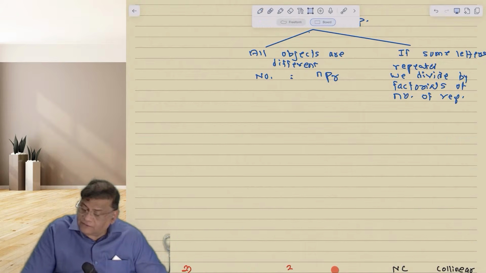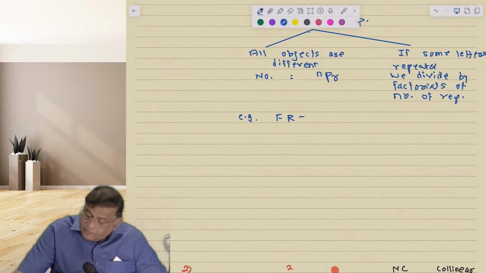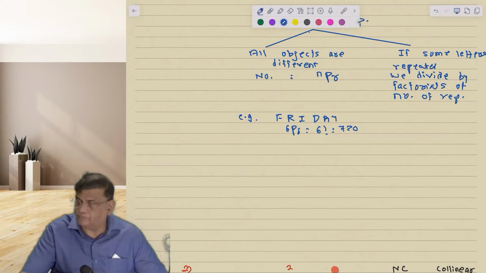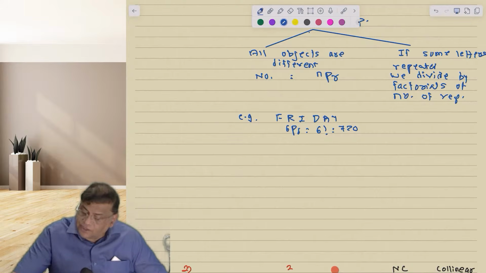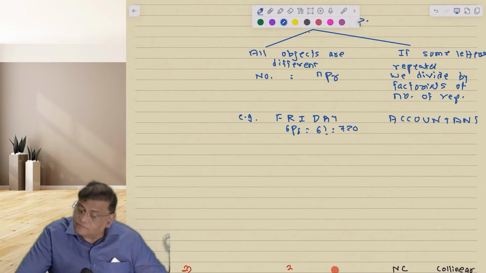Now what it means is that if I ask you how many words can be formed using the letters of the word Friday, then 6 letters, 6 places will be 6P6, which is 6 factorial, which is equal to 720. But if I say accountant, then how many letters are there? 10. Then it will be 10P10 divided by